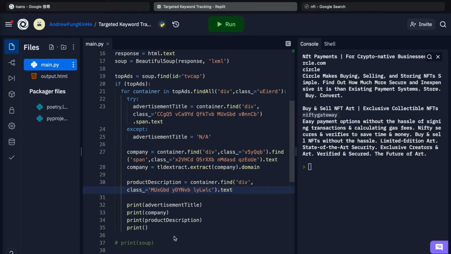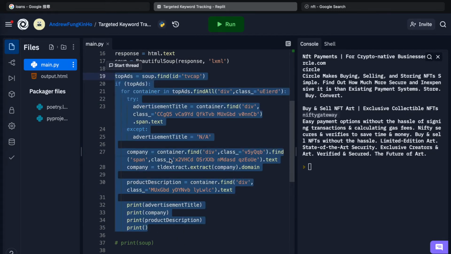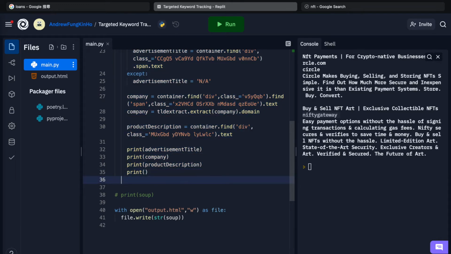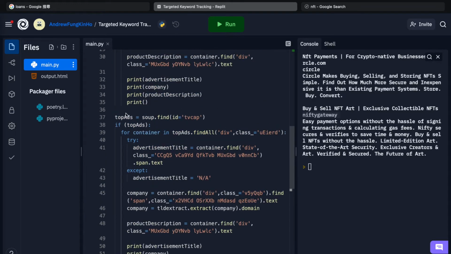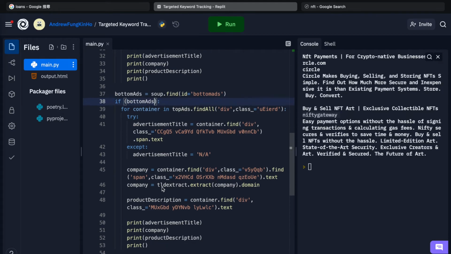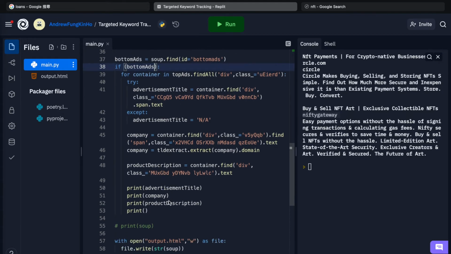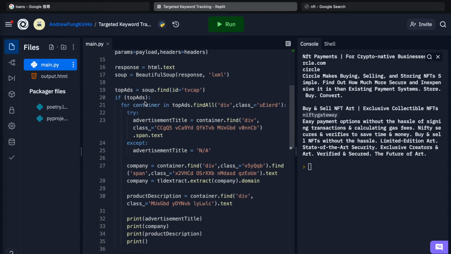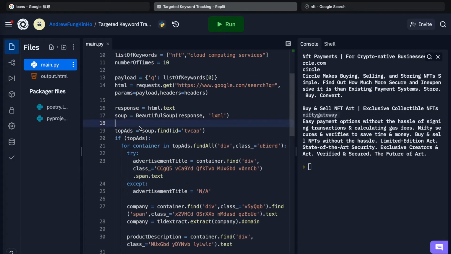So this would be a similar process, just the top ads and bottom ads are different by the ID name. So let's set bottom ads equal to div with the ID bottom ads, and then if bottom ad exists, just print out this information as well. So when we run the whole thing again, we can